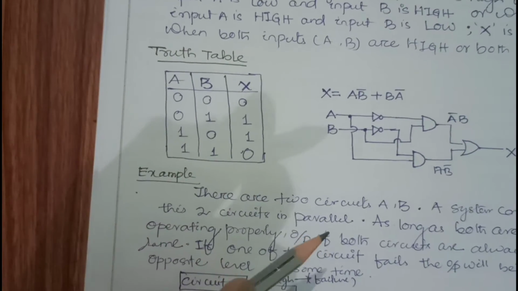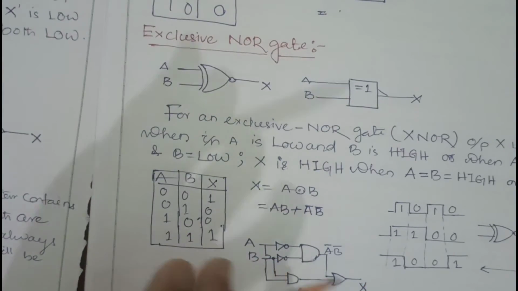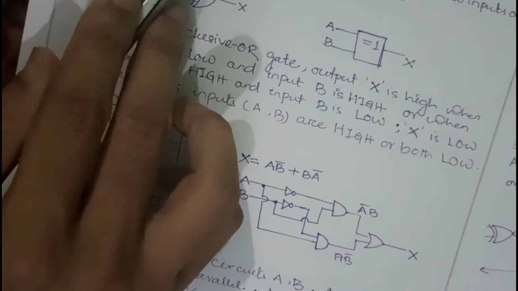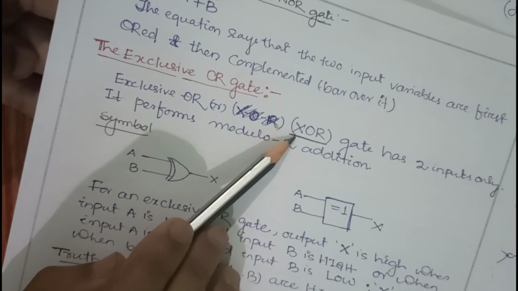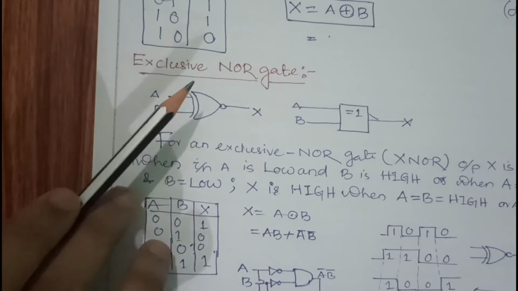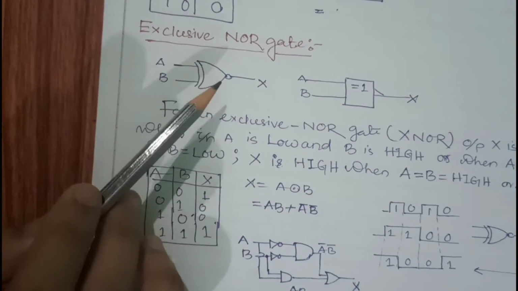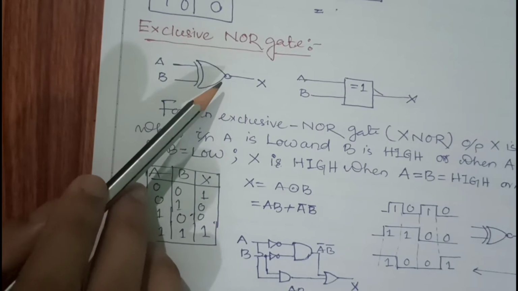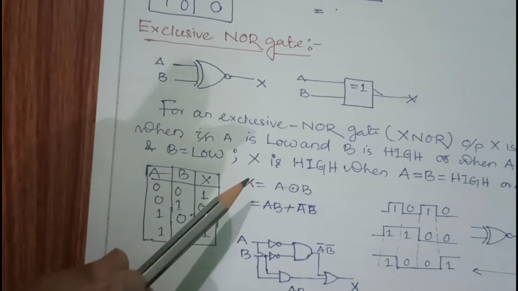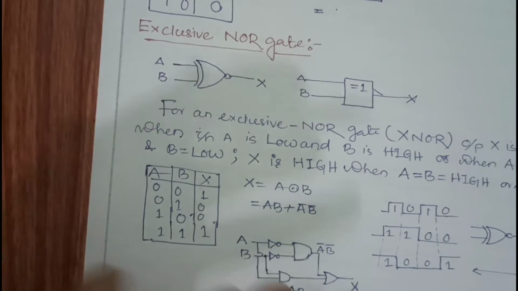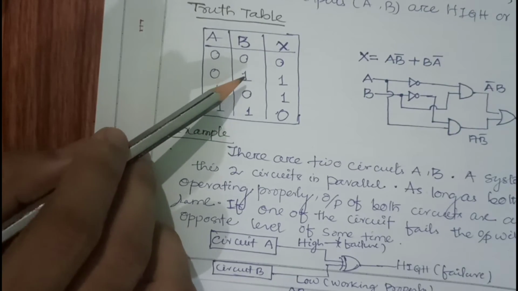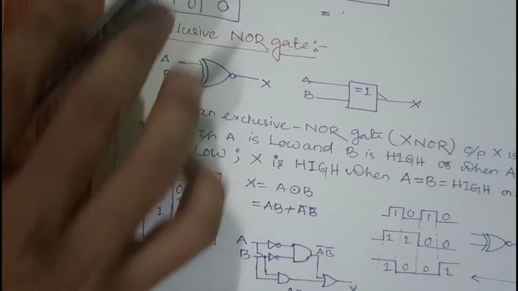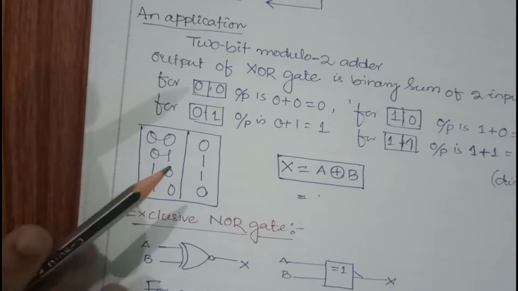Okay, and similarly the XNOR gate. This is called XOR. Exclusive OR means XOR. You can see over here, this is the XOR gate. And the second one is nothing but the exclusive NOR, that is called XNOR, which is nothing but applying a bubble in front of the XOR gate. Okay. So similarly for XOR gate, what are my outputs? My truth table is like that. When both are different, then only 1.